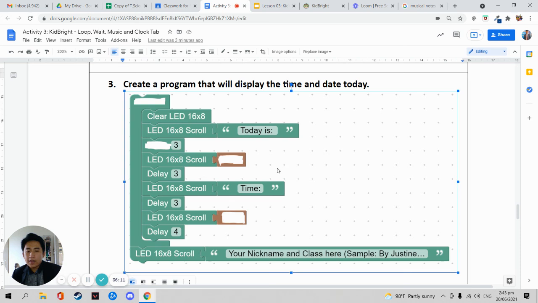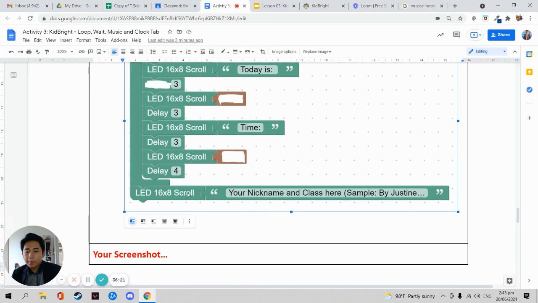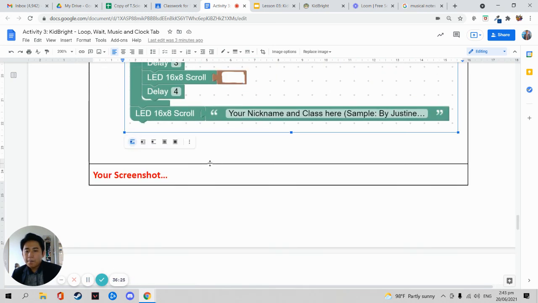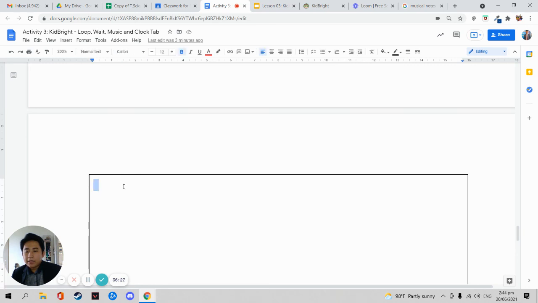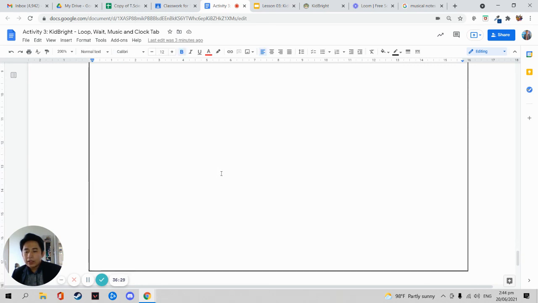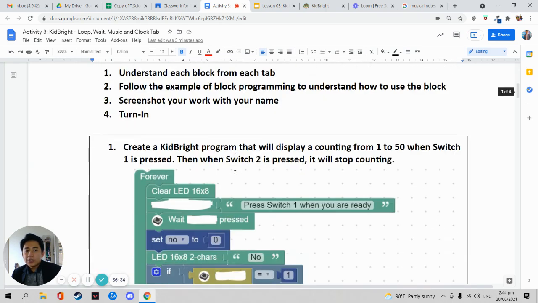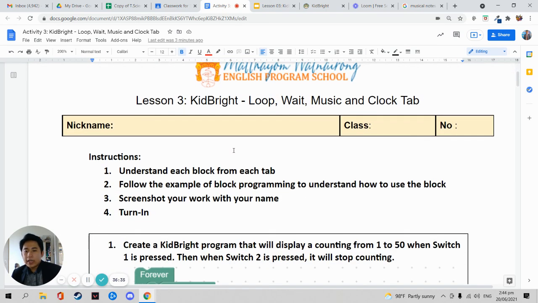You also have to complete this program by providing the right command and the right value, so that you will complete the program. When you finish, take a screenshot of the third program and paste your screenshot here on the box below. So that is your activity for today, guys, in lesson 3